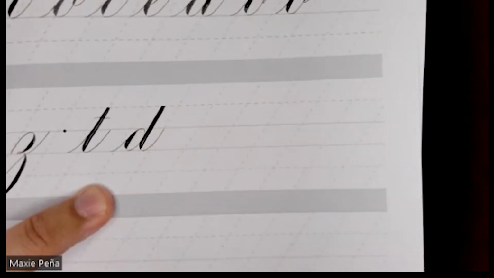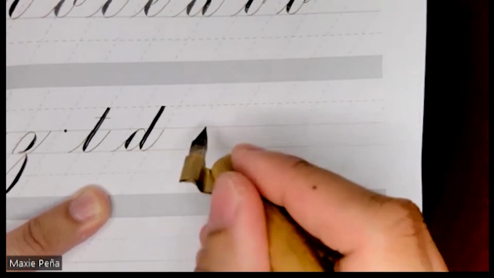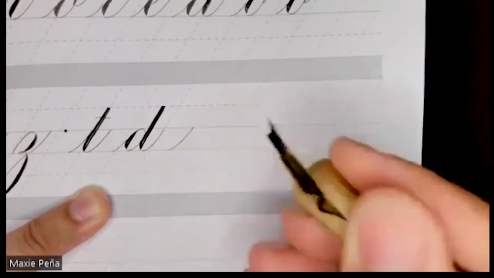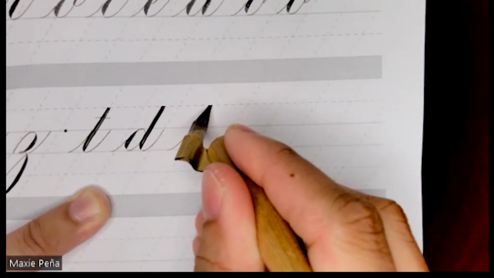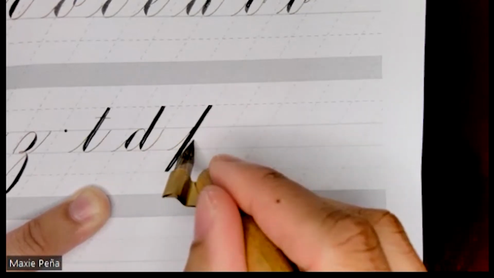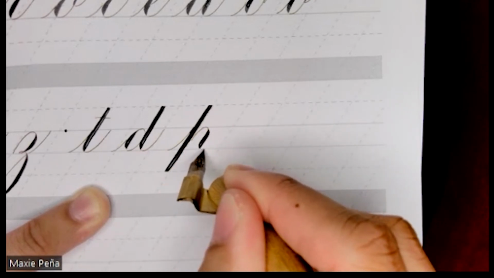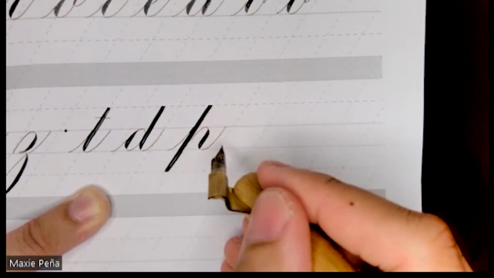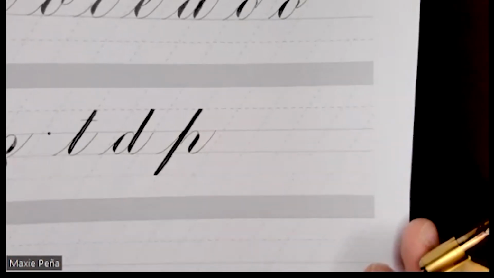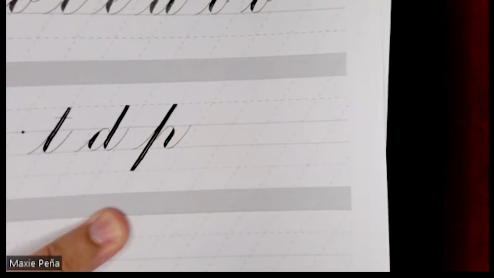And for your P, this is the longest full pressure stroke that you would ever do, which is 3 spaces tall. Maintain even pressure, and then exit with a compound curve, and try to keep the same spacing as with your other letters. Let's see. With the other version of P,